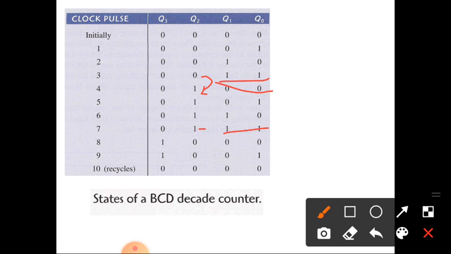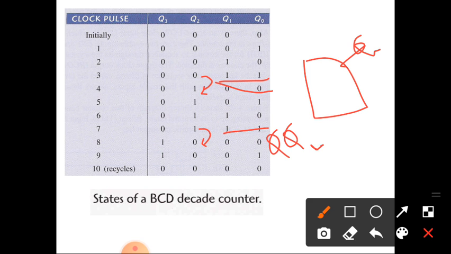So the third flip-flop output Q2 changes when Q1 and Q0 both are 1. So both are 1, then it changes. So they are connected to an AND gate, and its output is given to the JK flip-flop, then it will change. And last case,